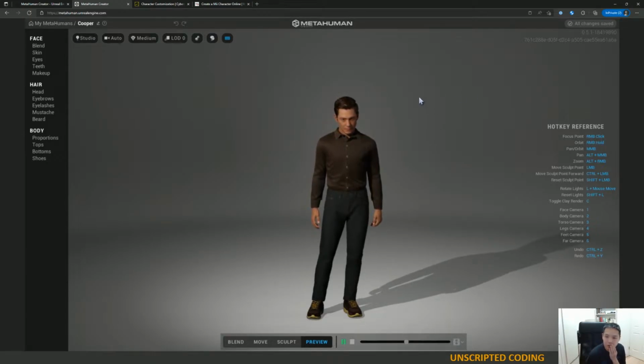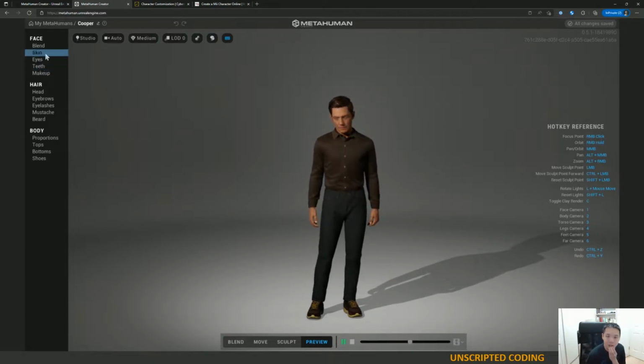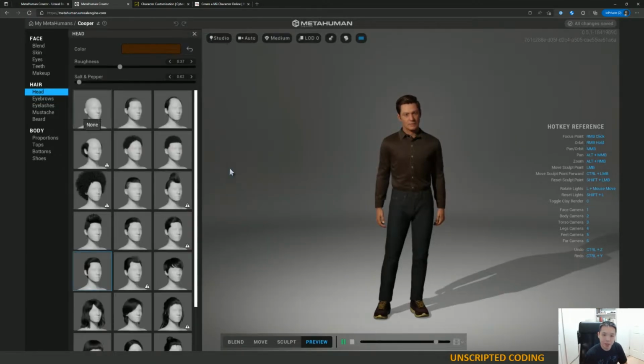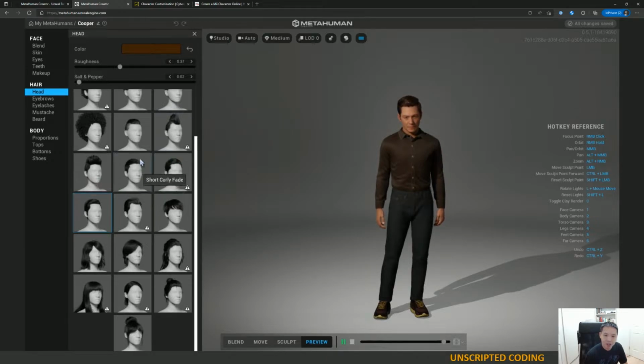But what I wanted to do is see how customizable it is. Because as I was playing around with it, I thought it was both very powerful, but also limiting at the same time. I'll show you what I mean by limiting, because it is like a video game. You have just a set number of hairstyles. Let's use this one for example. Now, of course, you do get the benefit of